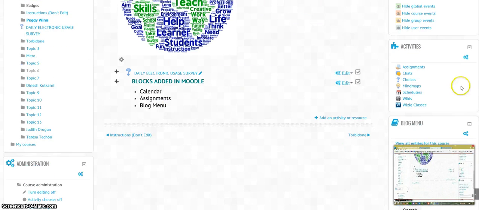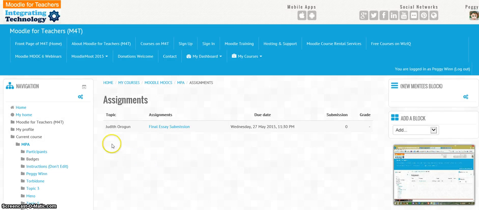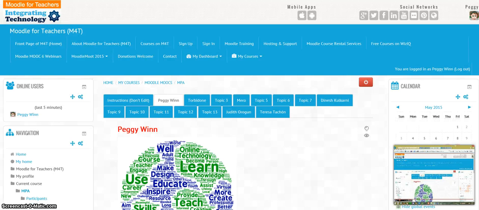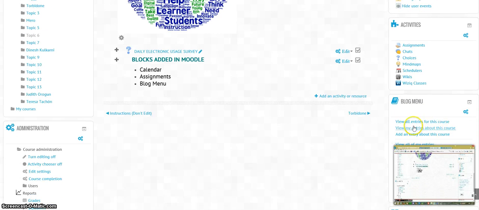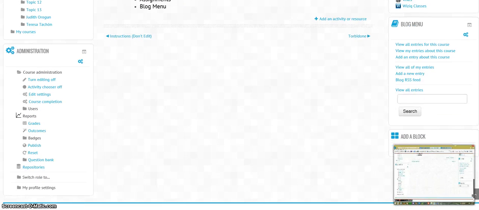the activities. So if you selected any of these, like assignment, that would bring you to a list of assignments that you would have. And I don't know why, but it brings us to Judith's assignment that she did in her section. And then the blog, and then you can select any one of these links here. Now over on the left hand side, this is the administration area,